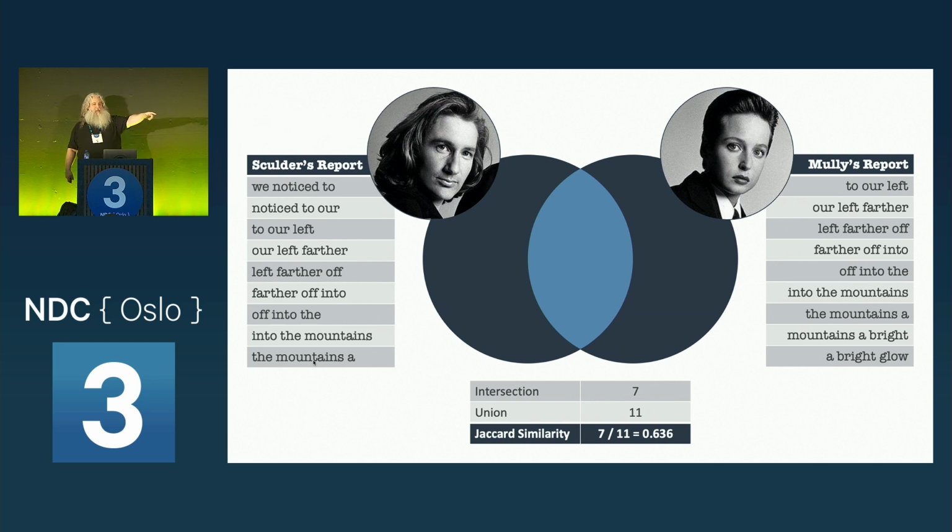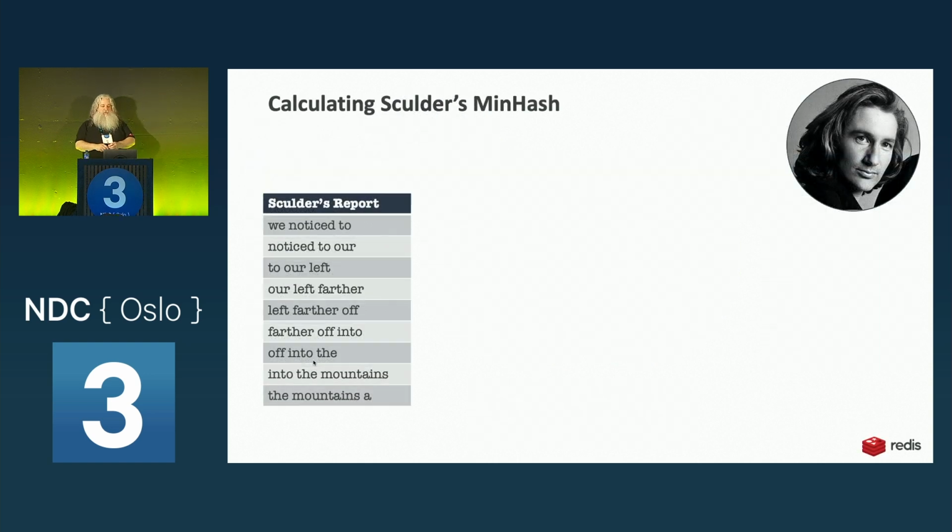If I'm going to take everyone's papers here and turn them into sets of strings and then compare each one, that's going to take a while because I'm doing a bunch of string comparison, and it's a fully connected graph. Every single paper has got to be compared to every single paper. Not super practical. And so there's a way to calculate a min hash off of this set,